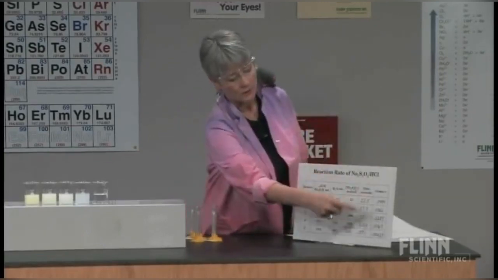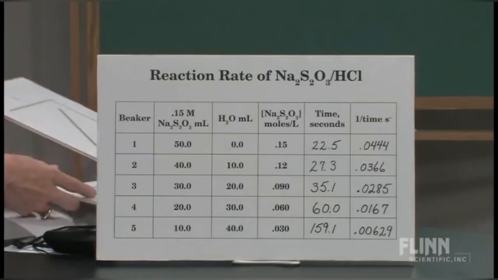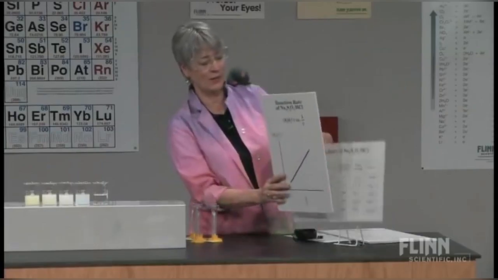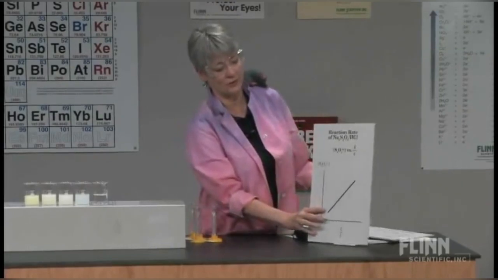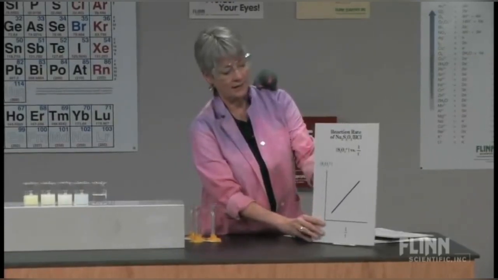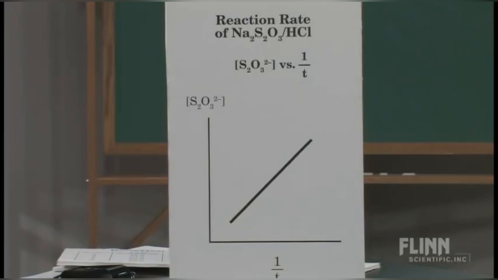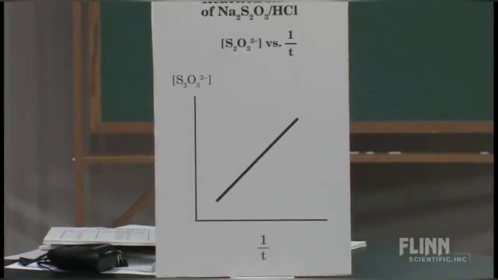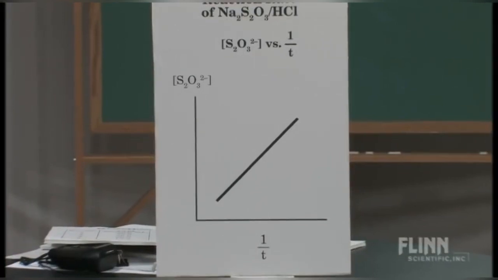It's easy for kids to do this now with those graphing calculators, and so I show them how to make lists and use their graphing calculator, and they will get a linear relationship for this. You can talk about the fact that the concentration in this case is directly proportional to the rate. If you're teaching a class where you talk about